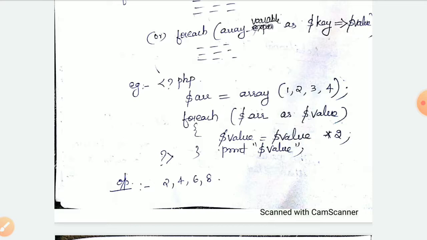In the first iteration $value is 1, second iteration $value is 2, third iteration and so on, so this loop iterates 4 times in this example. Inside this loop, $value is multiplied by 2, and we print that value. So the output will be 2468.